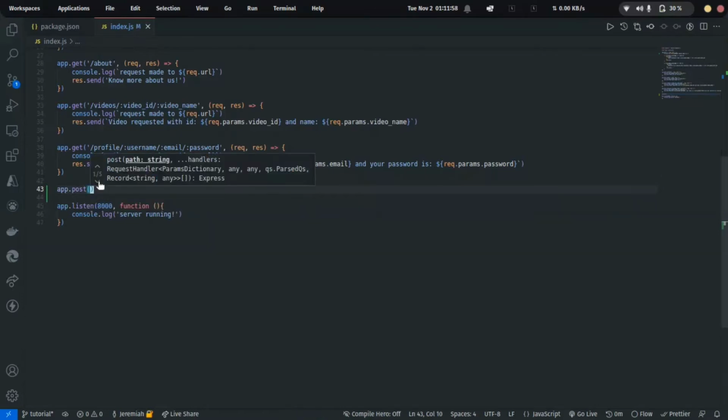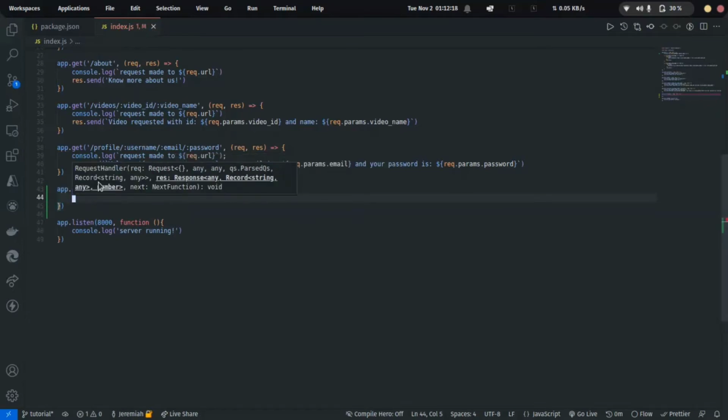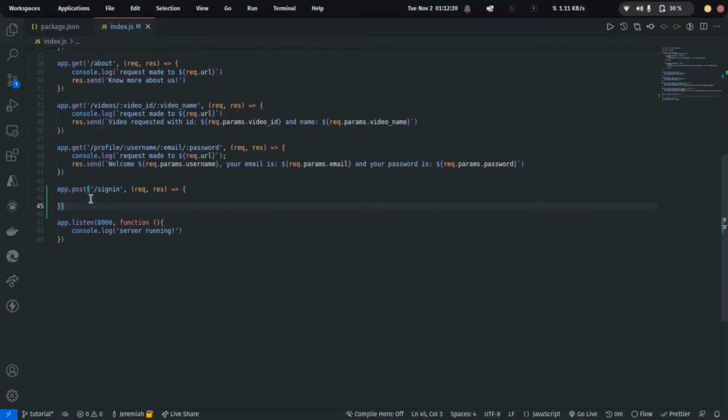And here we want a route which will be sign in, and just as we have for get request, we also have a function that has two objects. That's the request and the response objects in our arrow functions. So we have it open up here. So the first thing we want to do is